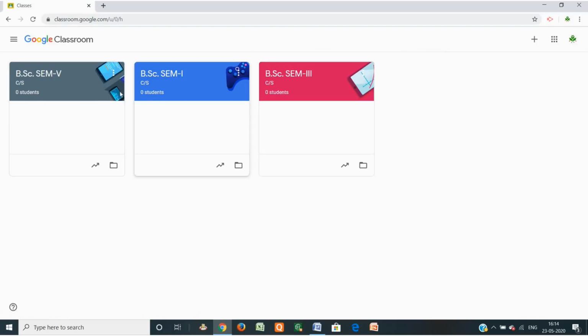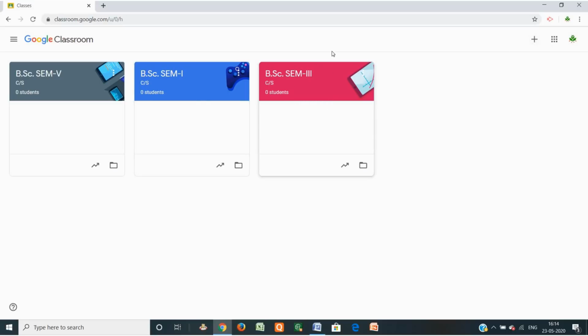So this is the classroom that is created. Now, Google Classroom, as earlier discussed, is a learning management system and it can be used in the day to day teaching learning process with students. We can provide various different types of material, quizzes, announcements, notices, and assignments also.